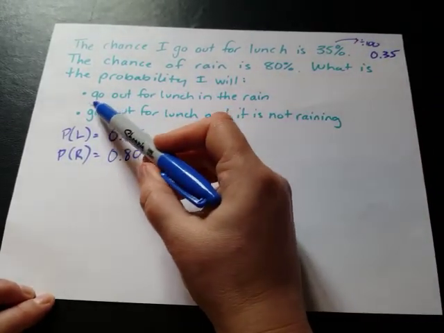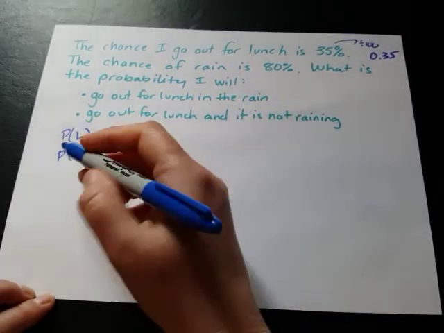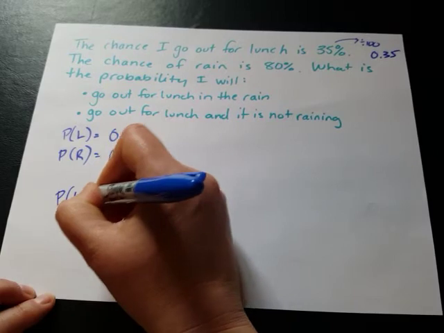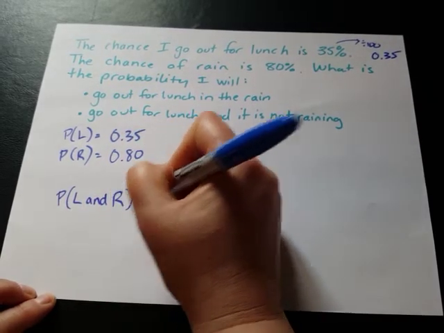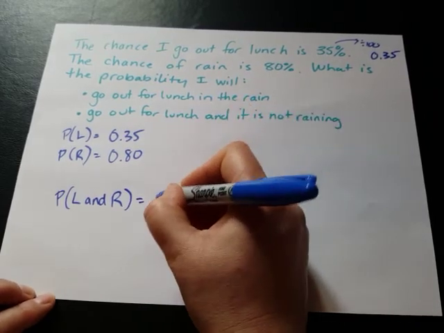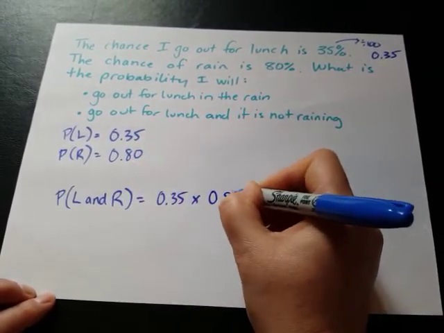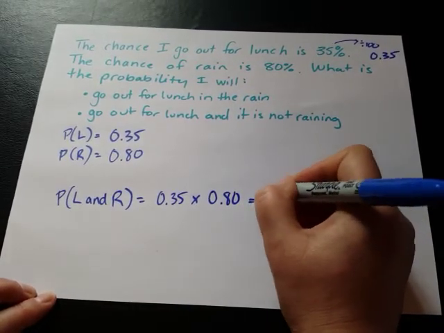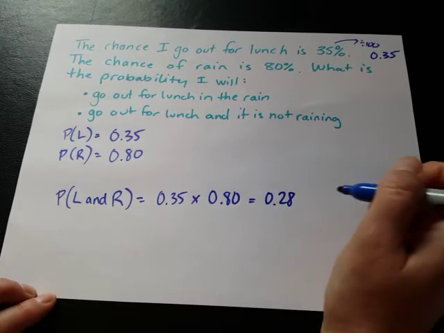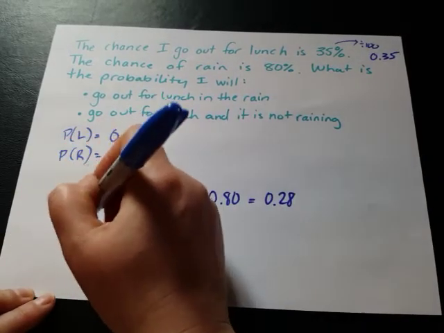So in terms of our questions here, go for lunch in the rain, that's asking what's the probability that I'm going to go for lunch and it is raining. So I'll take the probability of lunch and the probability of rain and multiply them together. And then the second